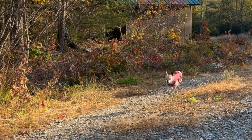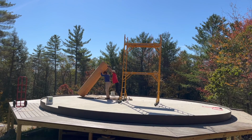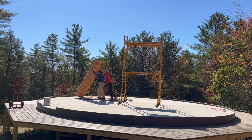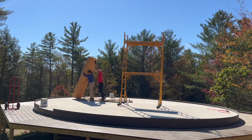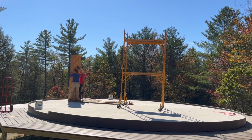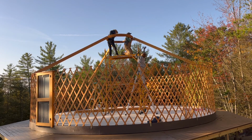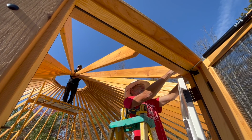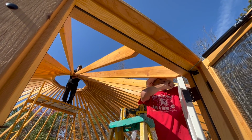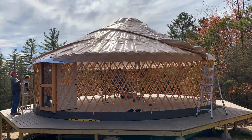Welcome back to our off-grid home build, where we recently raised our 30-foot Pacific Yurt. It's the middle of October, and the weather in Vermont is very unpredictable this time of year. We were very lucky with 2 beautiful days and 4 helpful neighbors for putting up the yurt shell, but we did leave out a few important steps, and now it's time to complete the assembly of the wind and snow